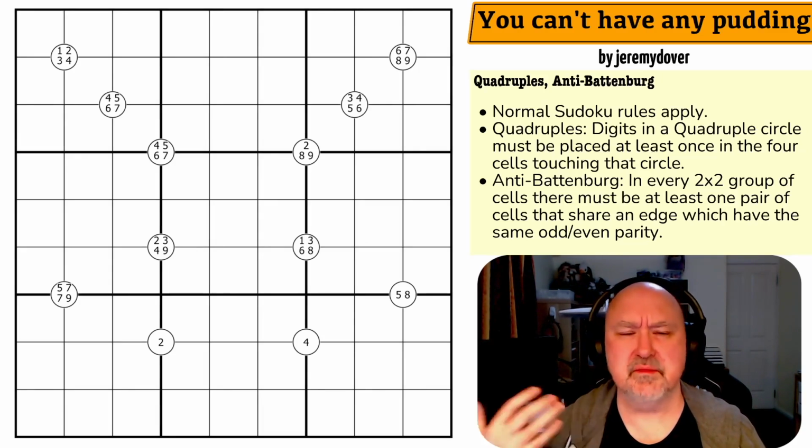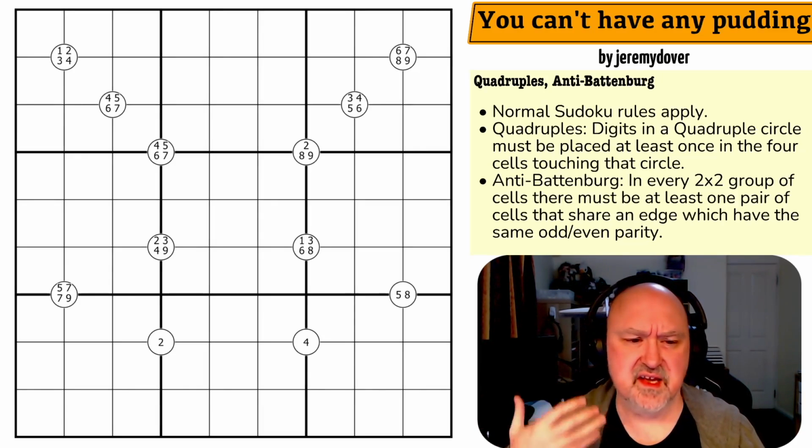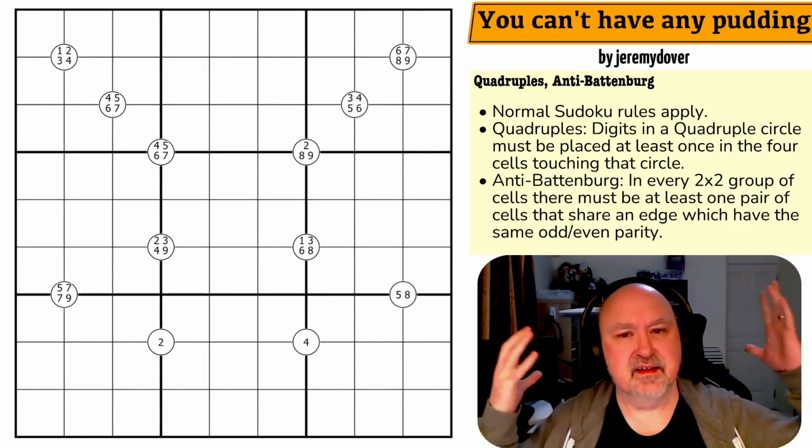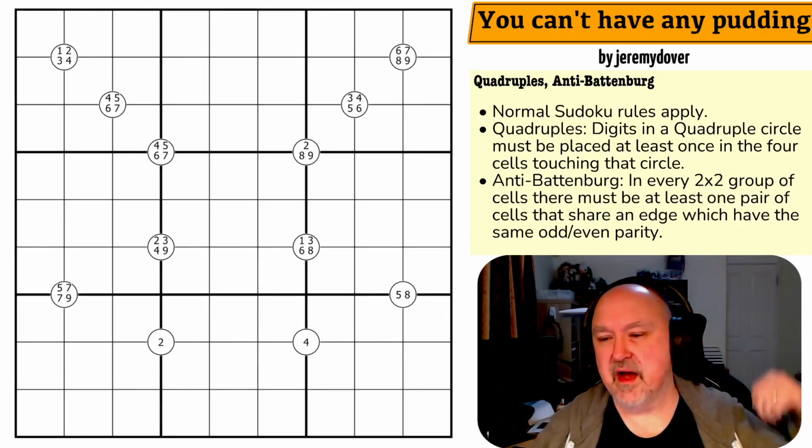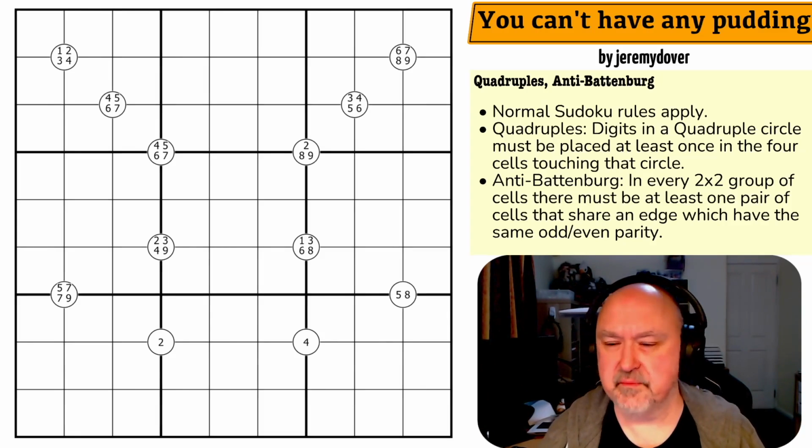I'm recording this while I'm still on a break from recording puzzles and everything, so I'm trying to get everything clear, and I don't know the order it's going to come out or when or how. Let's just look at the puzzle.